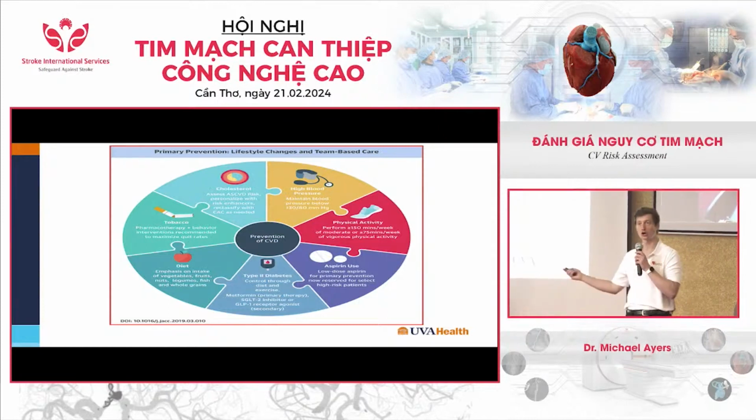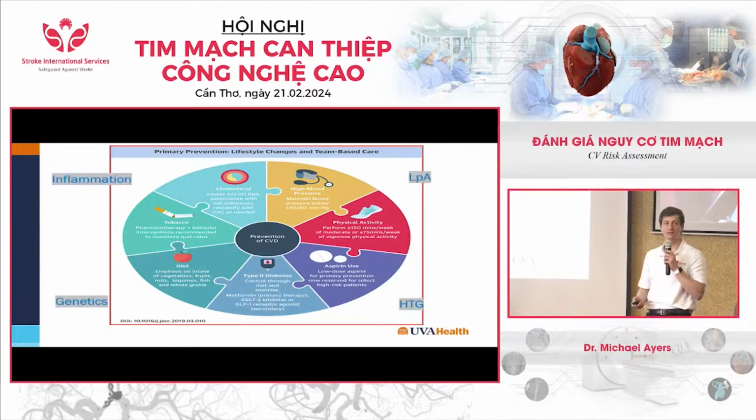And I would argue charts like this aren't even complete. There are things that aren't mentioned on these charts that we can assess and treat. And so our goal today is to sort of expand from cholesterol outward to talk about how to minimize cardiovascular